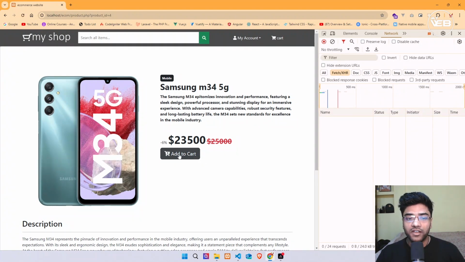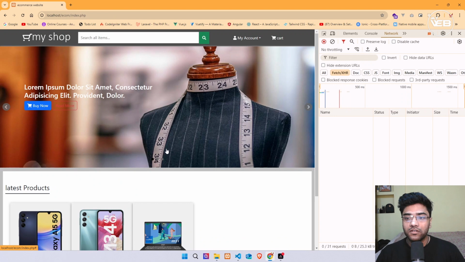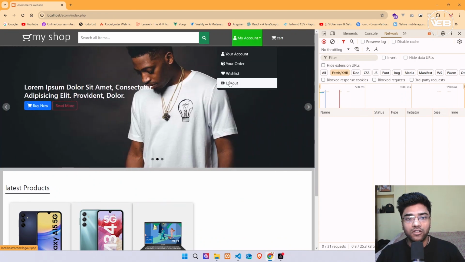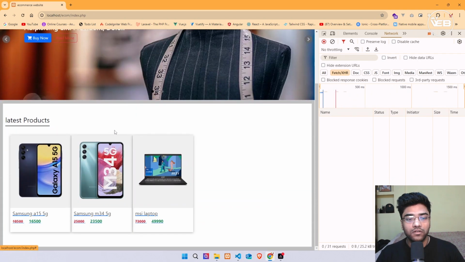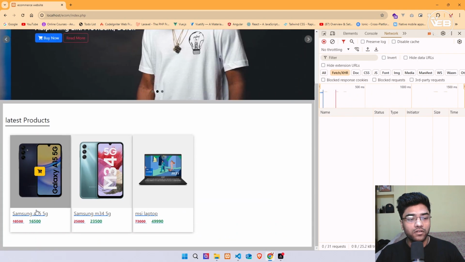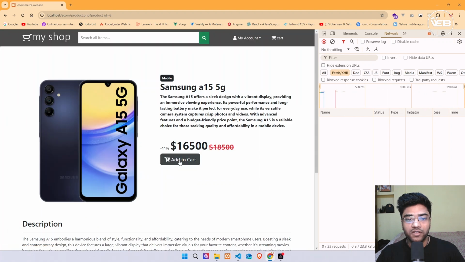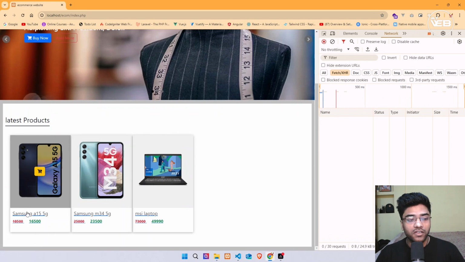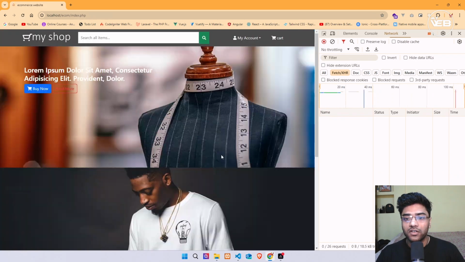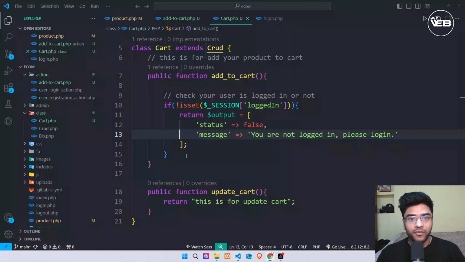So just click on add to cart. Okay, it's already logged in. So again, going back to log out, and again, click on this add to cart. Now it's moved back to our login.php. Okay, so again click on this login, successful. Again, when I click on this add to cart, again I'm going back to my add to cart